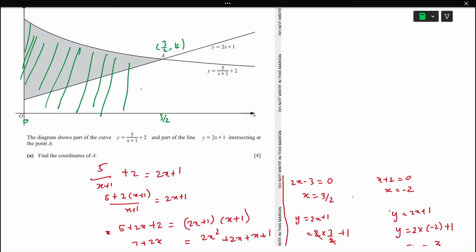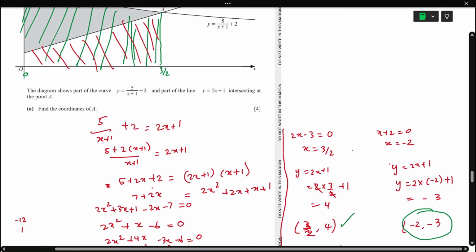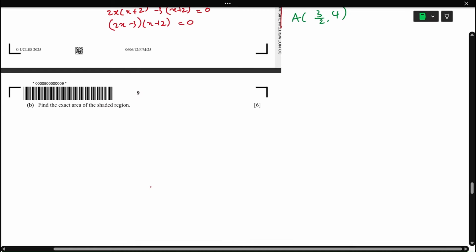Until here, this full area I'll find out. Then I'll subtract this area. So if I subtract this area, I'll get only the shaded area. So below the curve minus below the straight line. So the integration value is going to be 0 to 3 by 2. See, it's happening on the x-axis. Okay, so area equal to